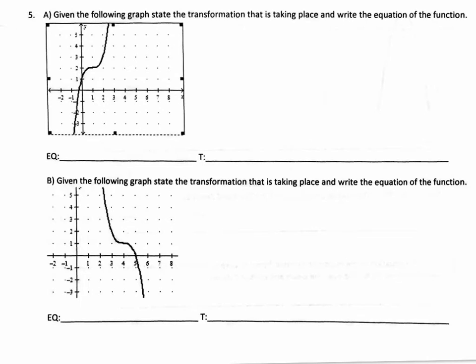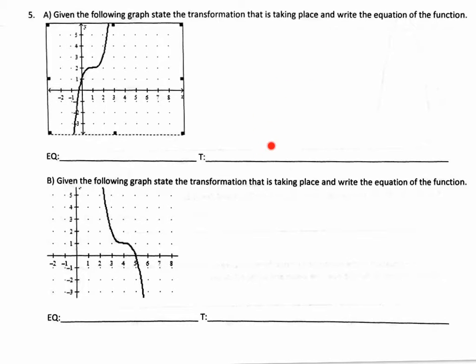Okay guys, so on 5A and 5B, we first need to remember and recall all of our parent graphs, right? We should know what a linear parent graph looks like. It's a line crossing through the origin. We should know what a quadratic parent graph looks like, which is a parabola with the vertex 0, 0. We should be able to remember what a cube function looks like, which is that S-shaped curve that crosses through